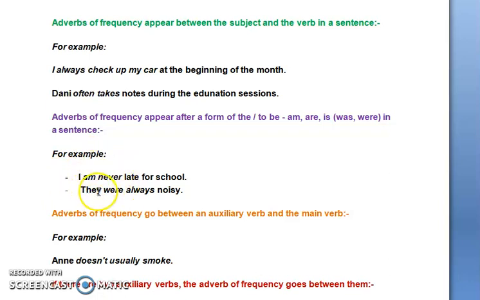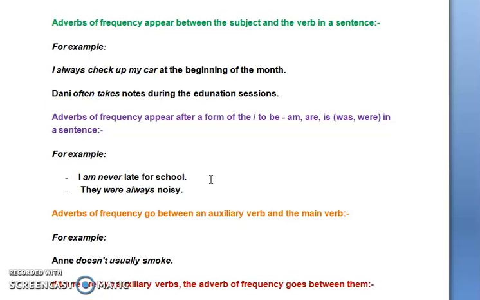So if we have the adverb here, it appears after the verb to be. So I am never late for school. هون خلينا شوي نركز or let's focus more on the never meaning. I am never late for school. شوفوا مثل هاي الجمل اللي بتكون فيها adverb never بتيجي بمعنى we didn't do the action. I didn't do the action at all. Okay? يعني هذا الأكشن أو هذا الحدث بحياتي ما عملته ما صار.